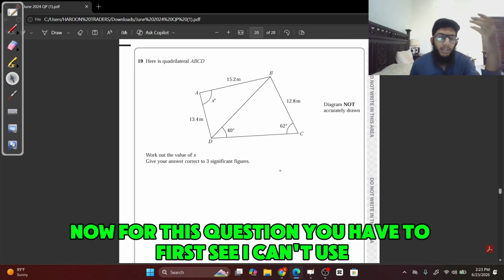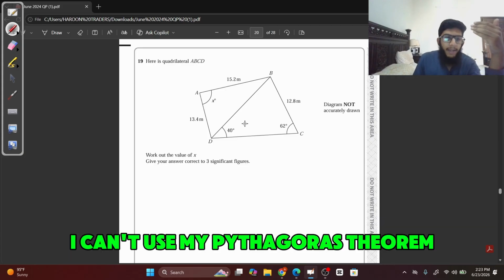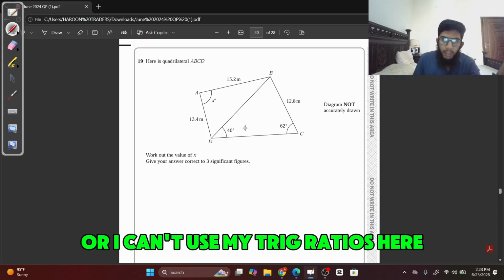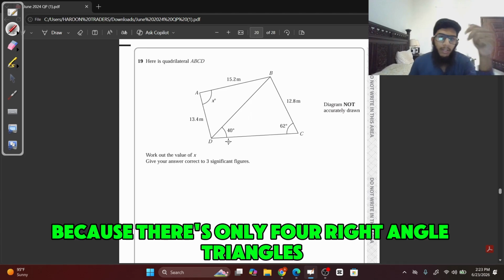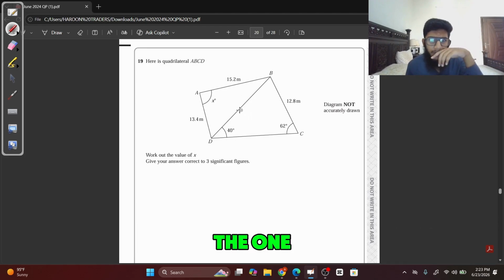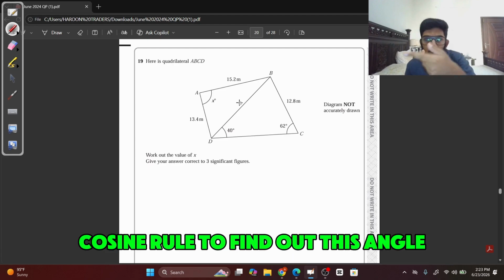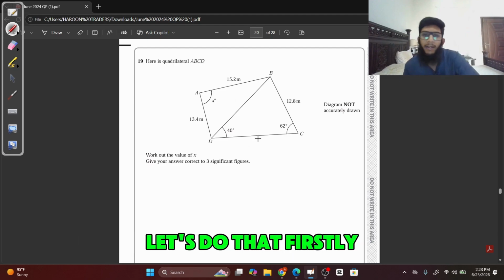Now, for this question, you have to first see, I can't use my Pythagoras theorem or I can't use my trig ratios here because it's only for right angle triangles. For this question, you're going to firstly find out this side, the one in the middle. You're going to first find out this side, then you're going to use cosine rule to find out this angle. So let's do that. Firstly,